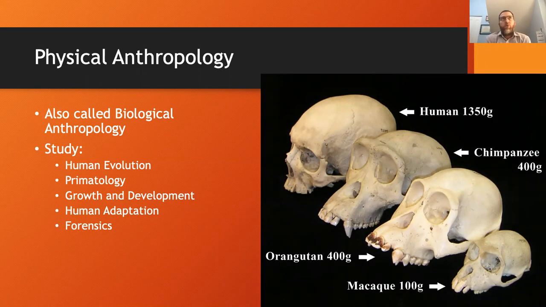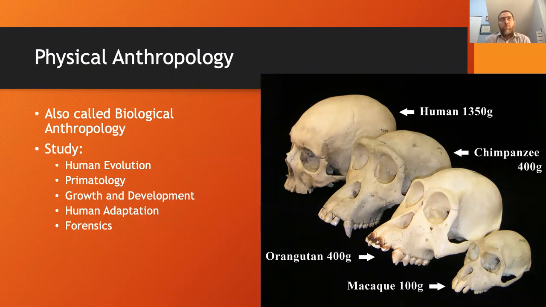All right, so I'd like to go into a little bit more detail about these four subfields of anthropology. The first one that we mentioned was physical or biological anthropology, and it's the study of the human anatomy, but not just today's present human anatomy or any individual person's human anatomy, but human anatomy thought about broadly, not only all humans, but also all humans throughout time and our pre-human ancestors.